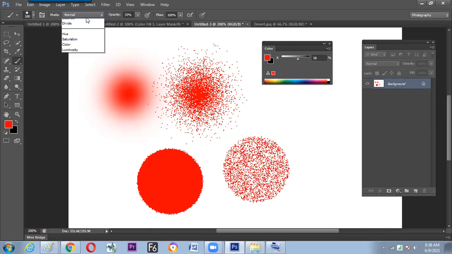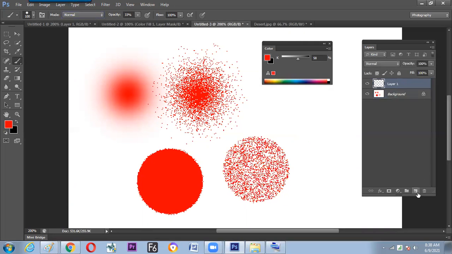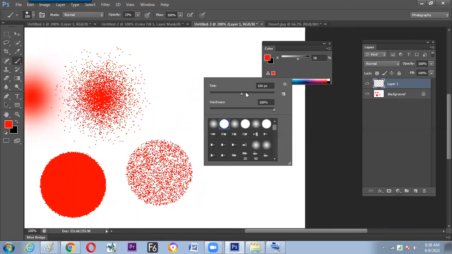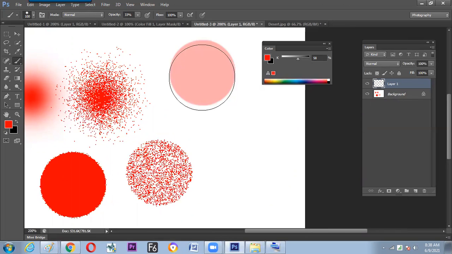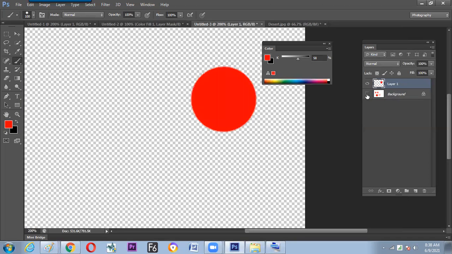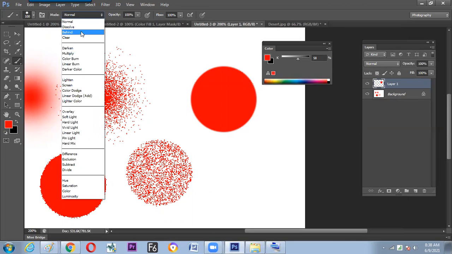So to activate Behind and Clear, we need to generate a layer. Because we have generated a layer, now we can start applying Normal first with 100% opacity. Now the layer is transparent and unlocked, and here you can find Behind gets activated.